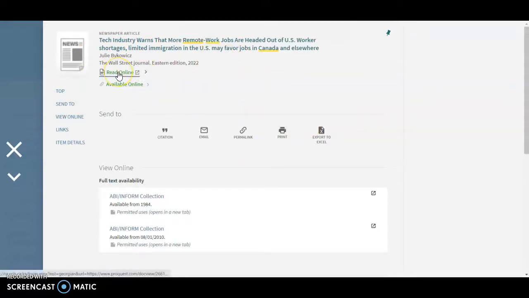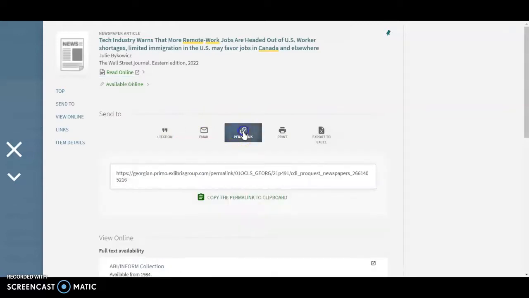You can read it online. It says it's available online. If you click those, actually, I will just open it in a new tab and we'll have a look at it. But first, I want you to take note of these. See these little hints here? This is the permalink button, and when you click on it, it provides you with this URL,